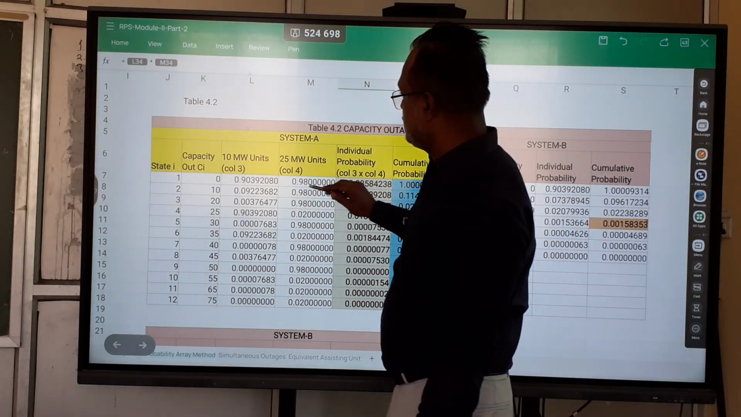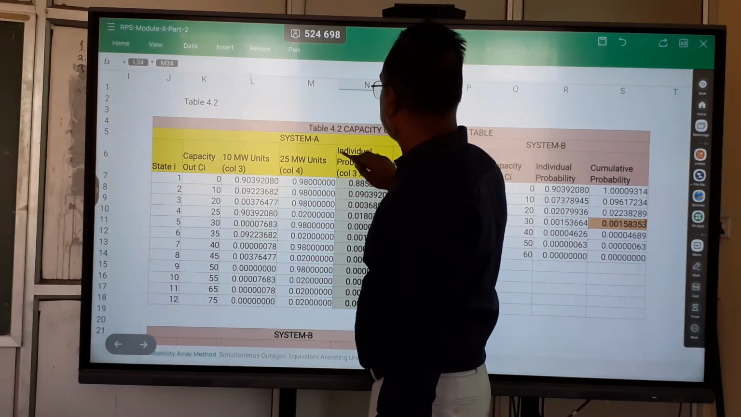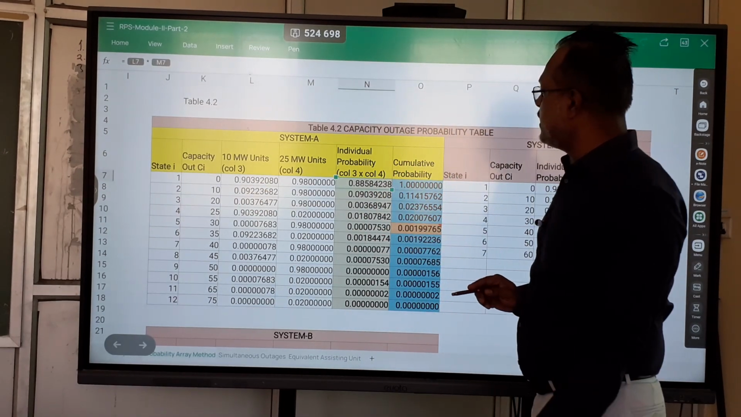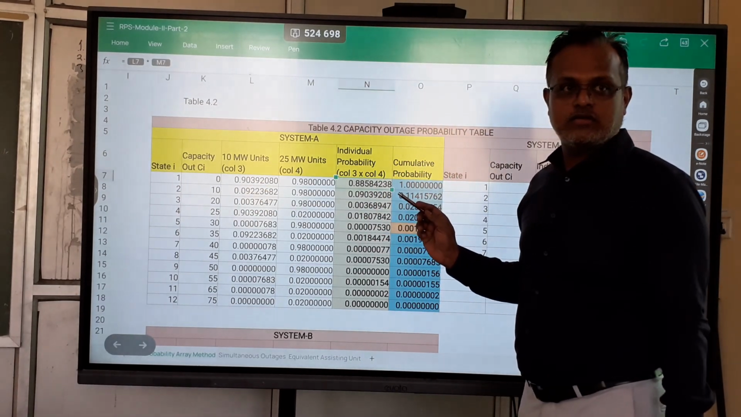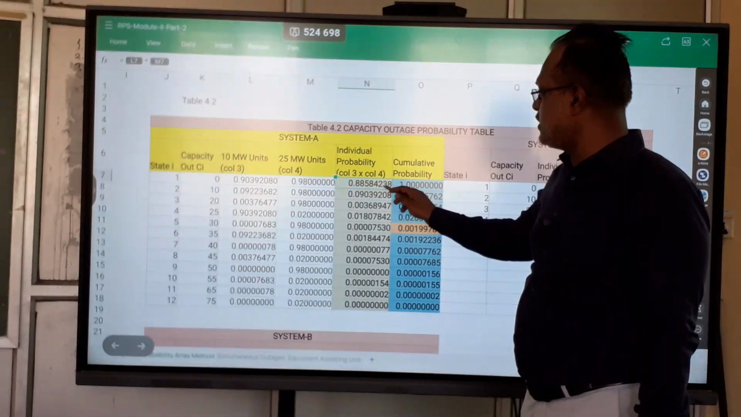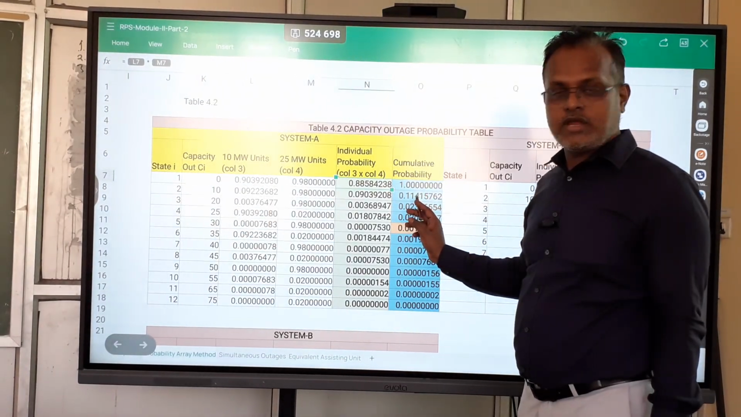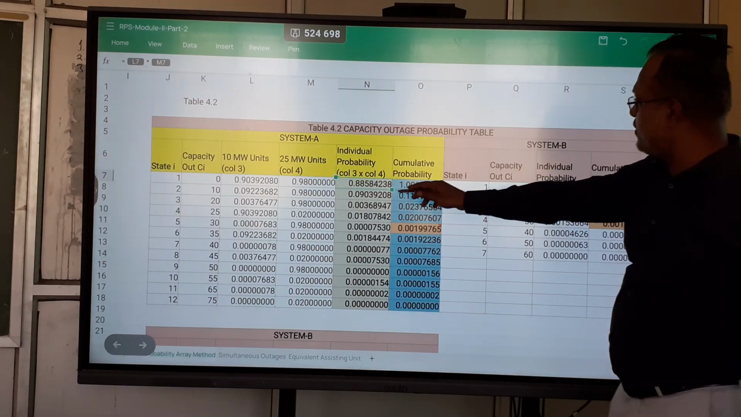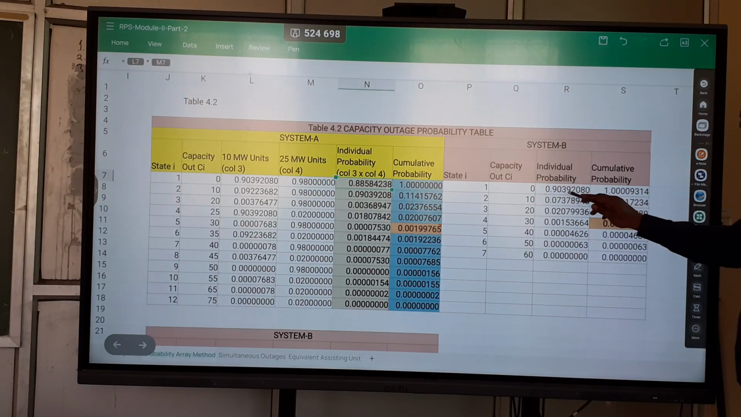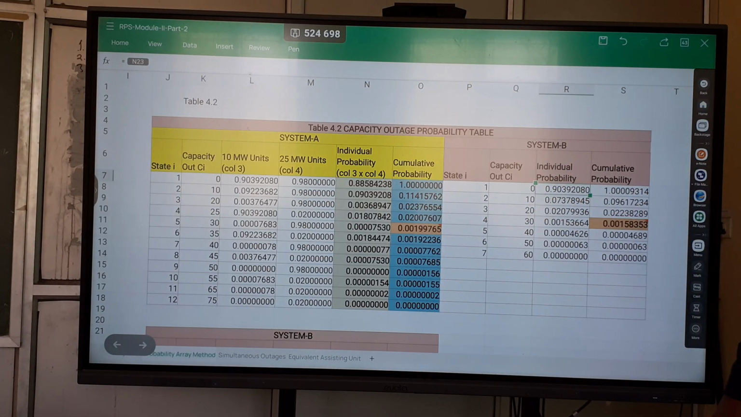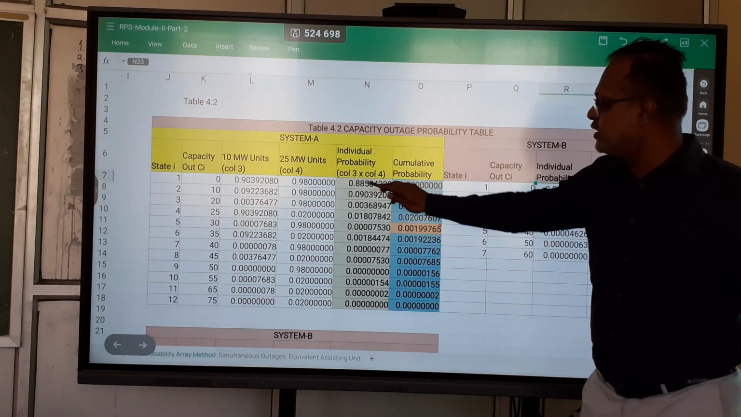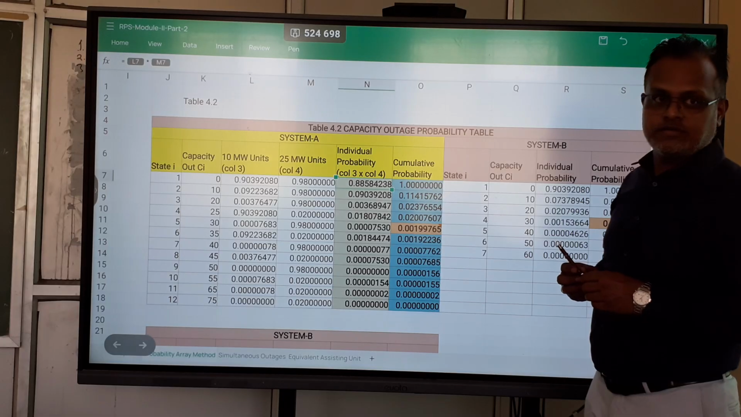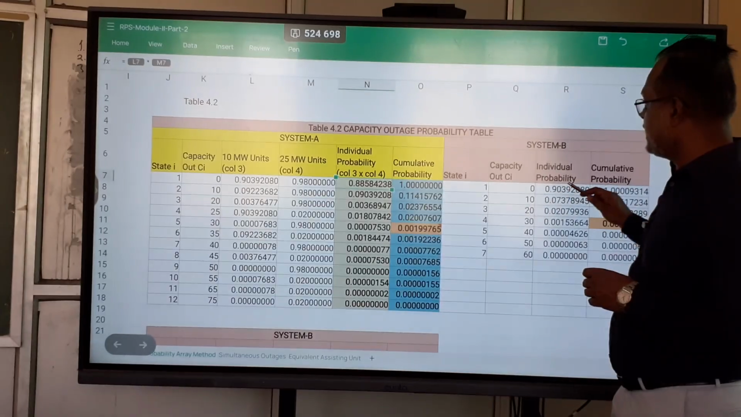So here, for system A, zero capacity outage is 0.88584238. Okay, 0.88584238. Right? And for system B, write down these two numbers, 0.8858 and 0.90. These two numbers write down. This one, 0.88584238. And here it is